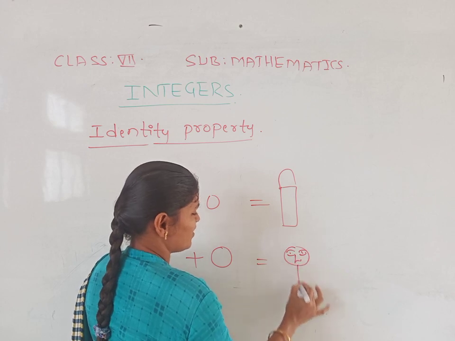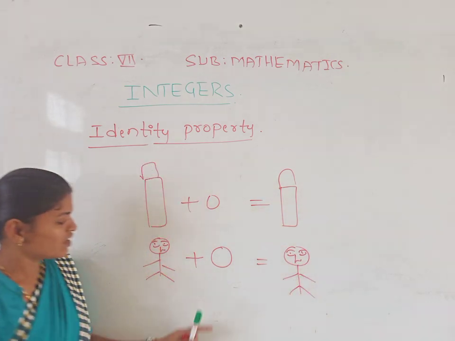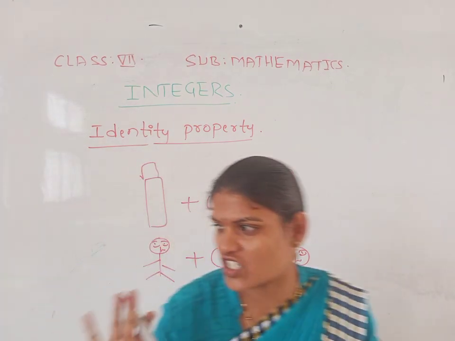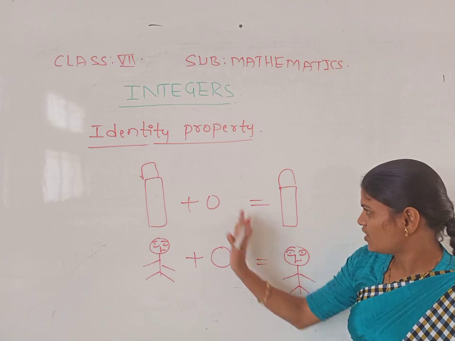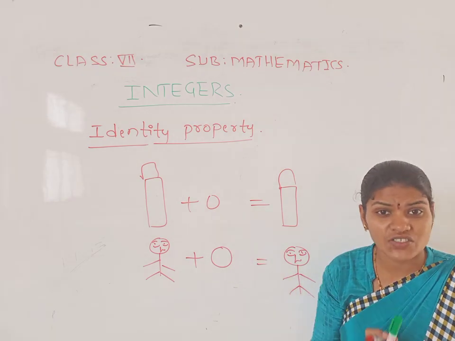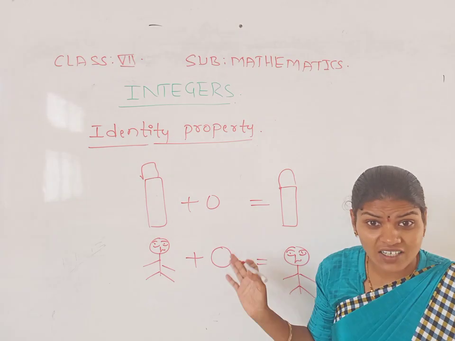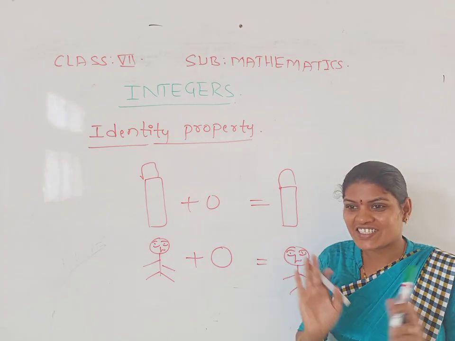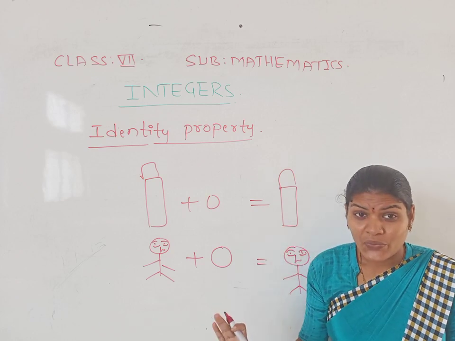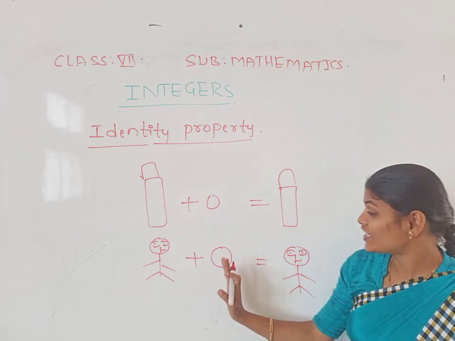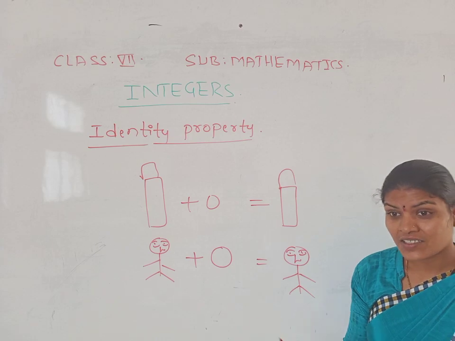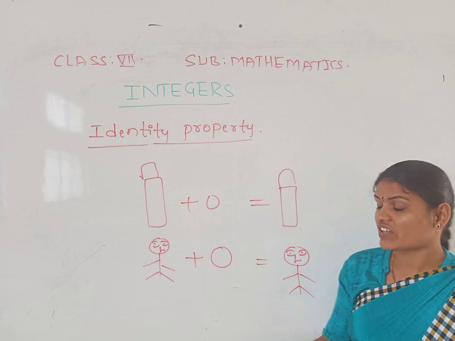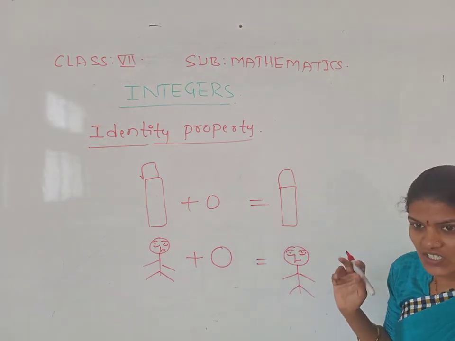Yes? Means this 0 shows here, but it will not show any reaction. Simply it's present here, but it will not give any values here. It will not react. Means it's sitting idly. So what is the additive identity for the integers? 0. Whatever integer you add 0 with, you again get that same integer.